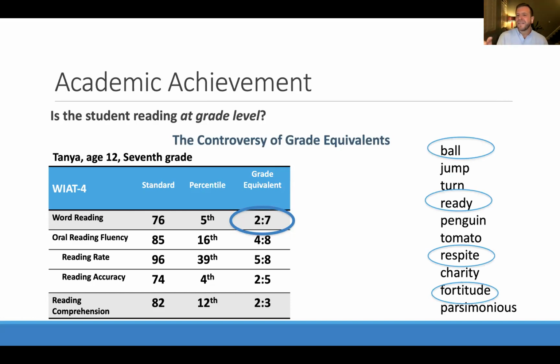So what it tells us is that there were 4 words read correctly, and that gave us that score. It doesn't really show us whether or not this is at a 2nd grade level. It still gives us some information, but when you hear folks push back on those grade equivalents, that's kind of the reason why. There's other complexities there too, but that's a big one.